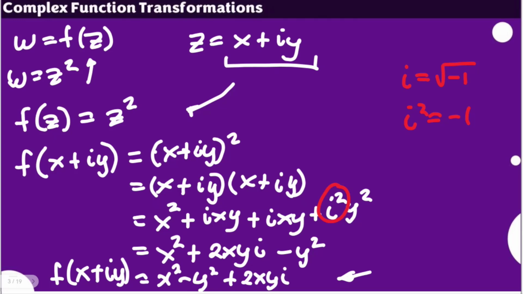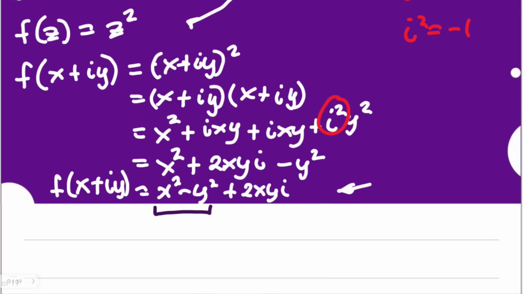As you can see, from a function of z, we now have a function of x plus iy. This means, further, that this stands for the real part of the result. Similar to what we did when we discussed the topic on the square root of a complex number, we equate it to the real part of the given complex number, and this corresponds to the coefficient of the imaginary part of our complex number. So basically, that is how we look at transformation.